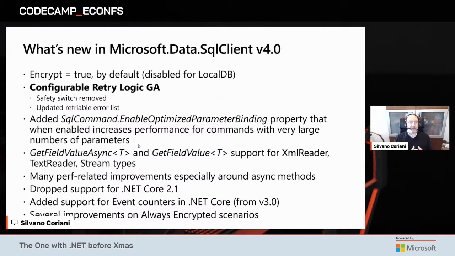One of the biggest, I think, achievements we had for the V4 is to have configurable retry logic fully GA'd. We will drill down into this feature later on, but effectively now is fully GA. There's no need for the safety switch that was previously required in order to enable this feature while in preview. And we also quickly updated the error list of retriable errors to make sure that it is as complete as possible. But as we will see, you can actually customize what errors to consider retriable and what's not in